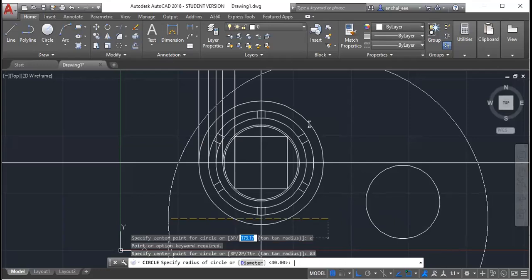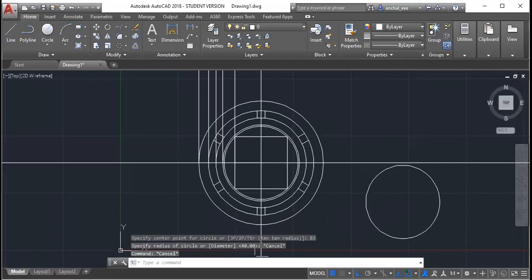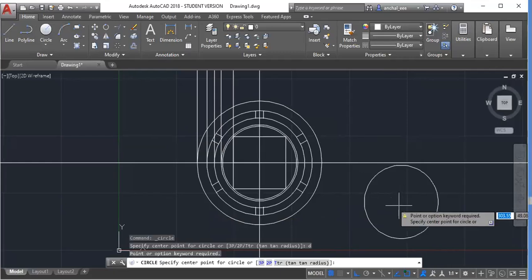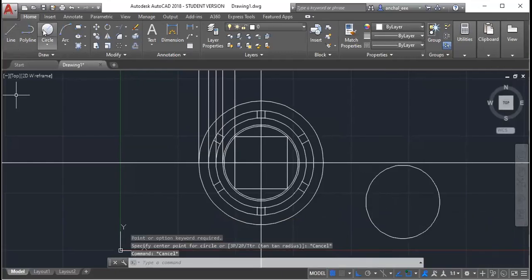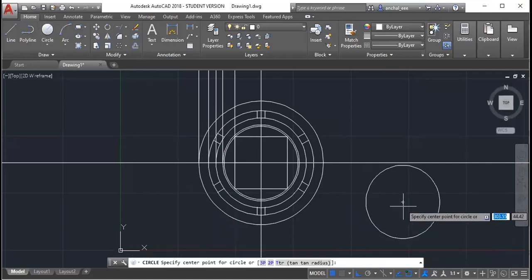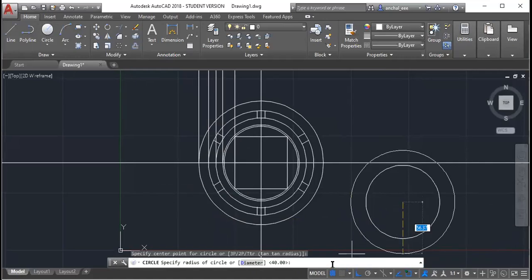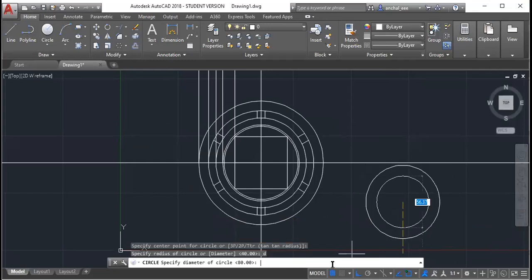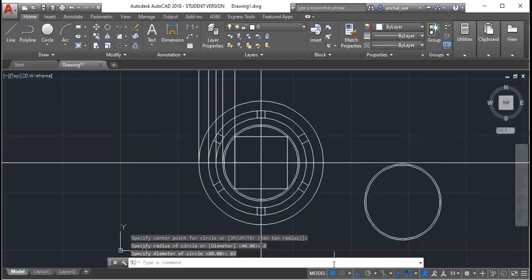I don't know. It's moving here and there. Okay, I'm making one mistake. Center point first I should give, then D and 83. Is this clear to you? Like that you will keep drawing the circle.